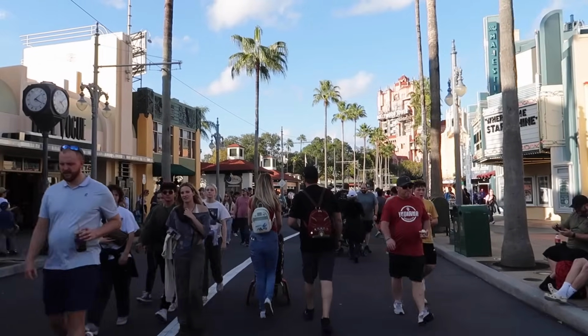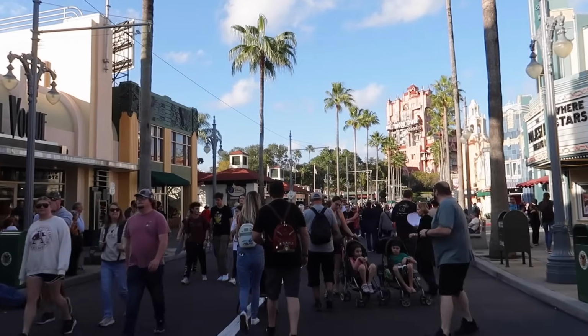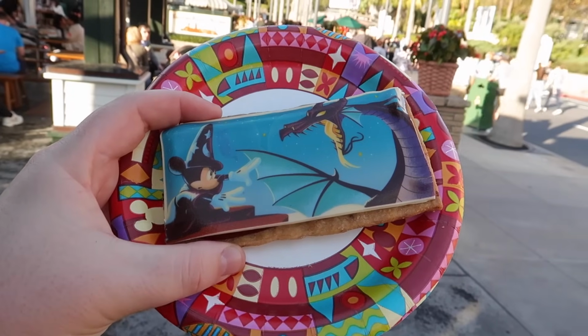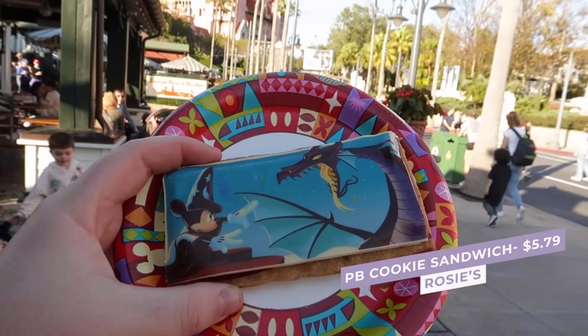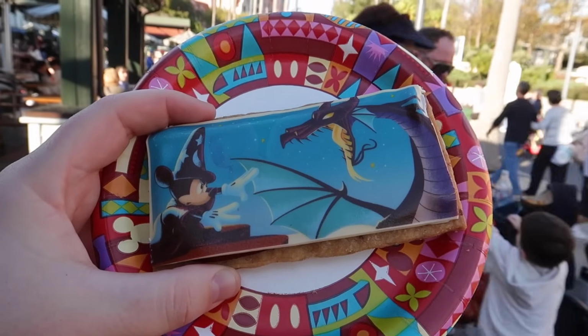All right, we are finally venturing onto Sunset Boulevard, where we are gonna grab our only snack from this area of the park. Sunset Boulevard has some great rides, but some really awful food. Except for this snack. This is the Fantasmic Peanut Butter Cookie Sandwich. It's a pretzel shortbread cookie sandwich with strawberry jam and peanut butter chocolate fudge and a Fantasmic chocolate piece for